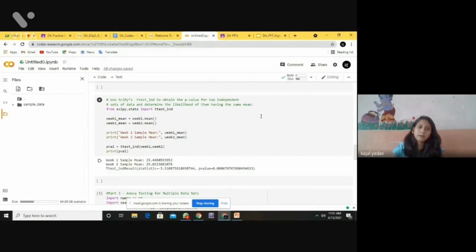We are using the SciPy t-test to obtain the p-value of two independent sets of data and determine the likelihood of them having the same mean.